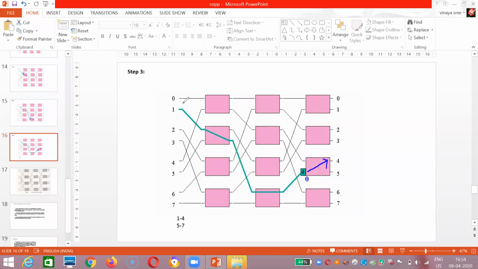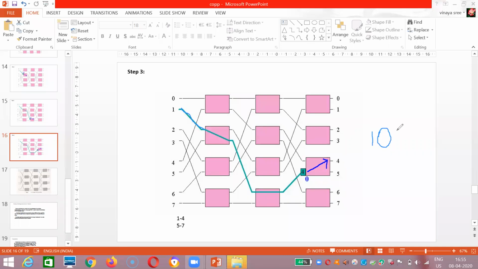So how we are doing is, 1 is a processor, and processor 1 wants to access memory module 4. For that, the connection will be like 1 will be going here, and here, based on the bits you will have two partitions, 0 and 1. As processor 1 wants to access memory module 4, 4 is a decimal number. You have to convert that decimal number to binary. So the binary of decimal number 4 is 100.